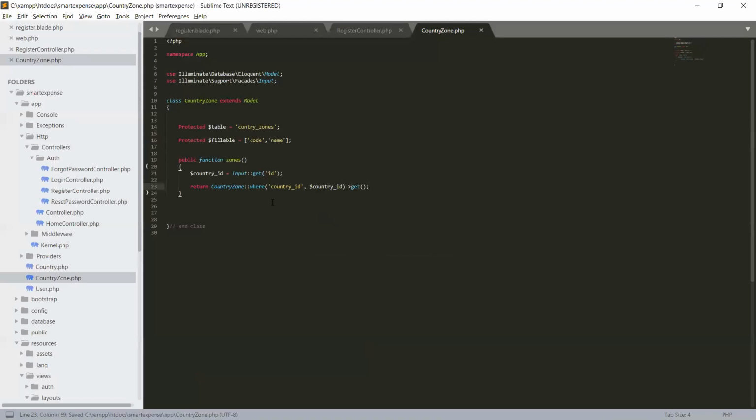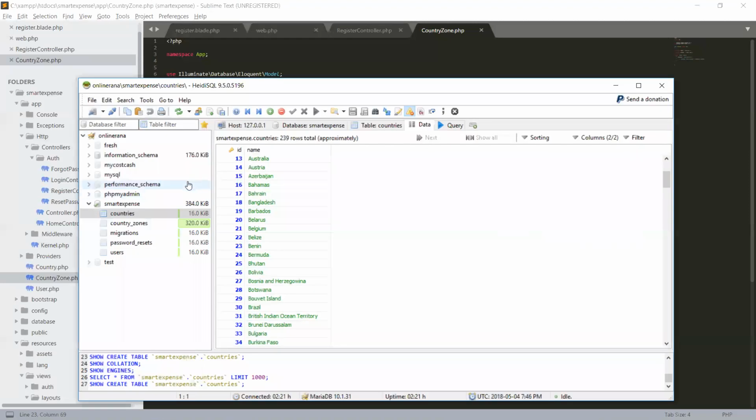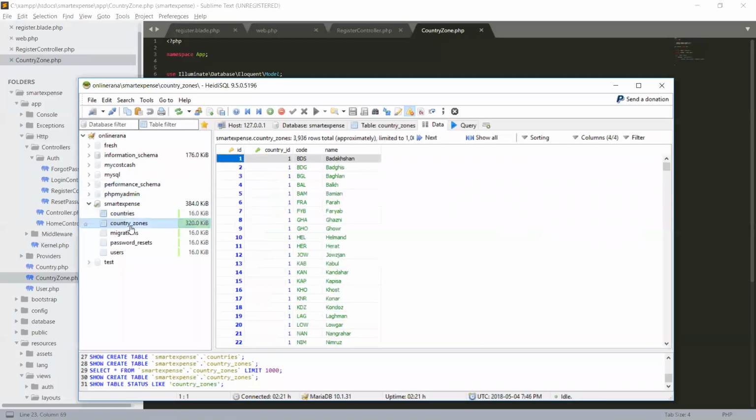So save it. CountryZone is our model, which knows its table is country_zones, and we can see it here.